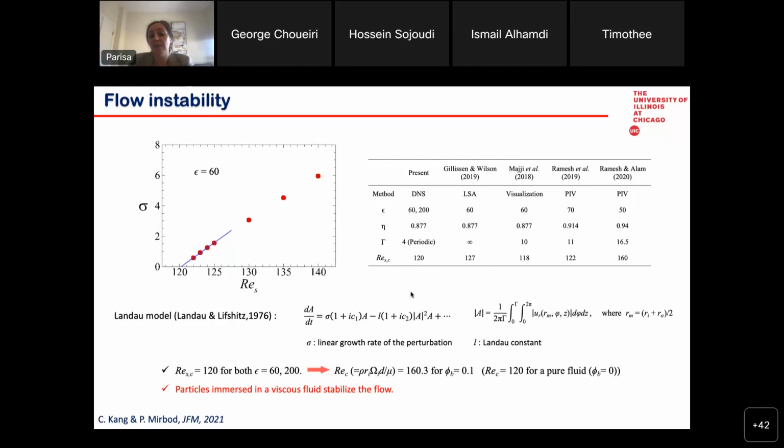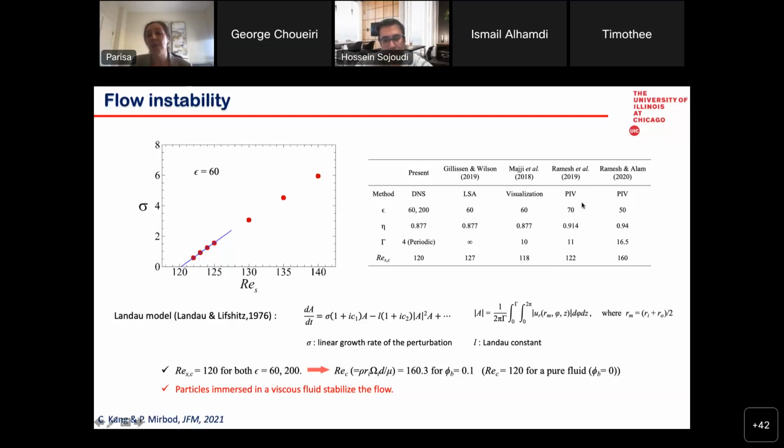And it shows that although this is a mixture model, it captures everything that is coming from the experiment. Actually, we have a paper in review now that will be out soon, and we exactly got all of those regimes that they are seeing in PIV and visualization. Yeah, it's quite exciting.